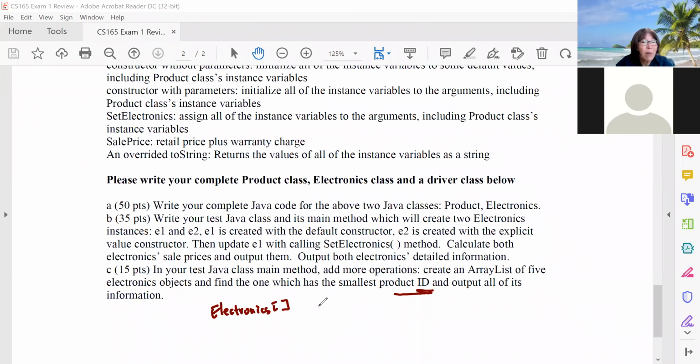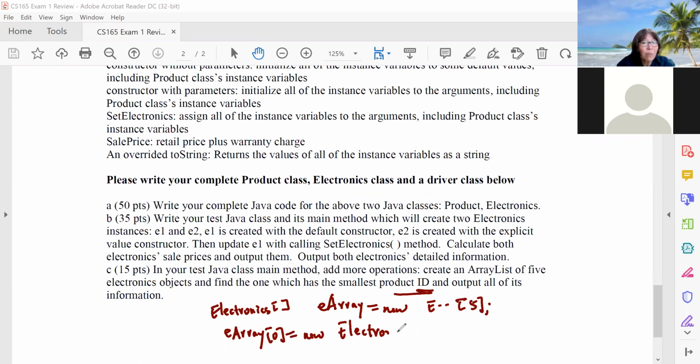So it's an array, and you need to do new Electronics array. Here it's just 5 items. But for each of them, you need to do new Electronics, with default or with some values, as it depends. So you need to do 5 of them. Then to find the smallest one, how do we find it? If you recall,